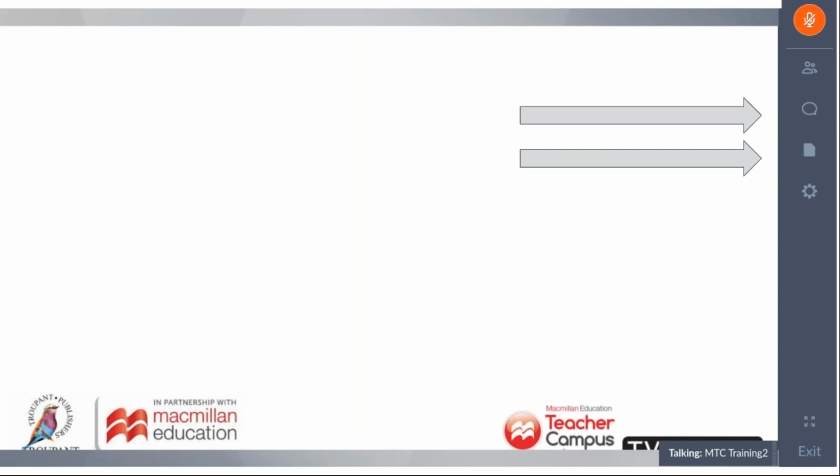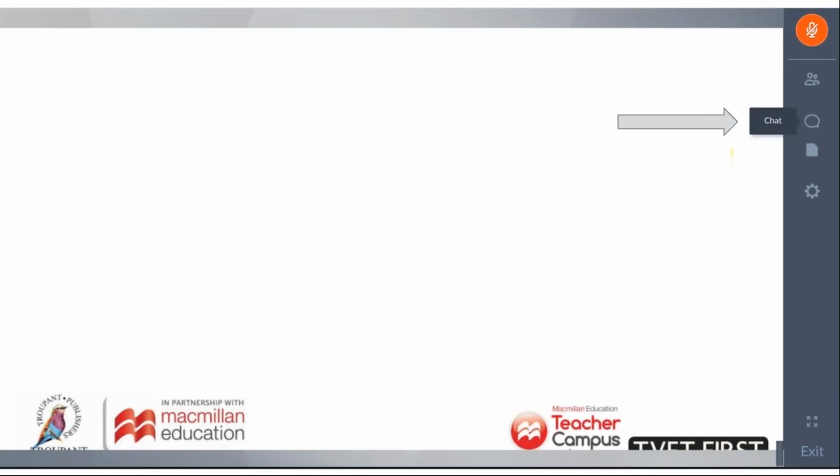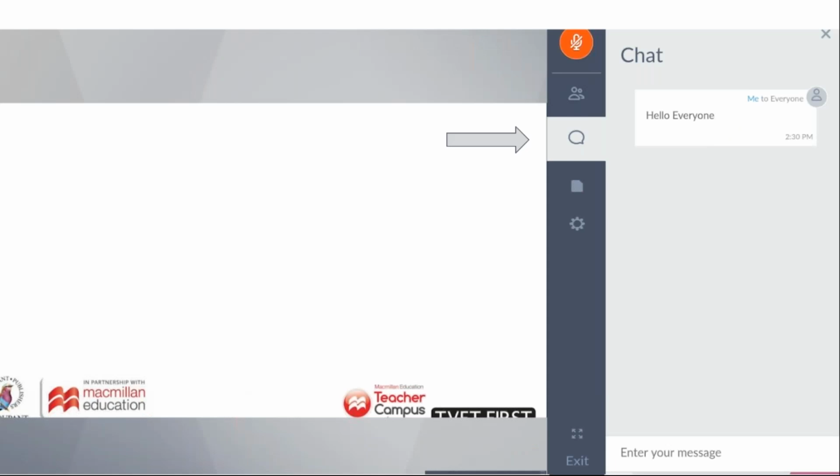The next thing is we really want you to get engaged. We want you to participate. We want you to share your ideas. The way you do that is with the chat box. If you look under the little icon of the people where the arrow is pointing, at that funny little circle or speech bubble, click on that and it'll open up a chat. When you first click, it will say chat, and when you click again, it opens it up so that it's open for you like that.